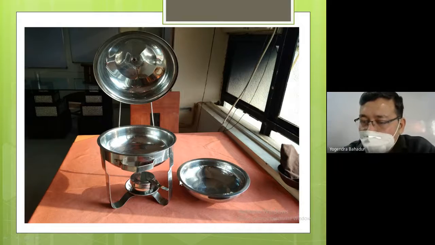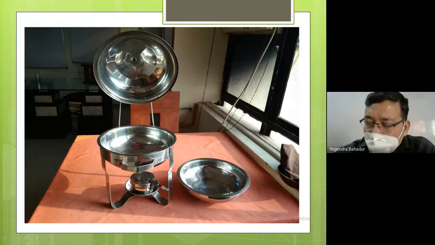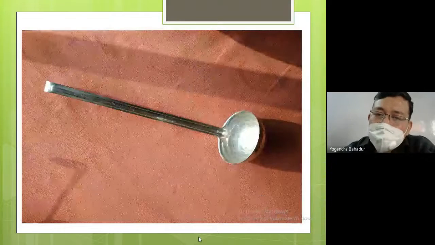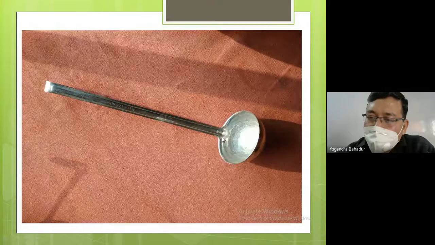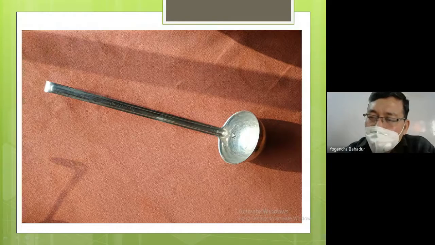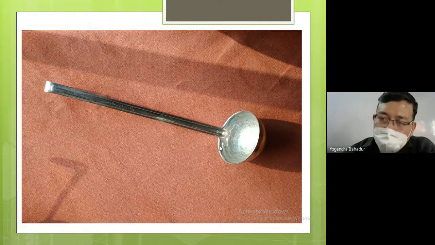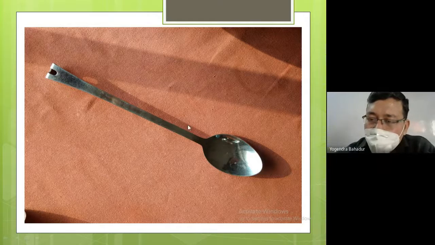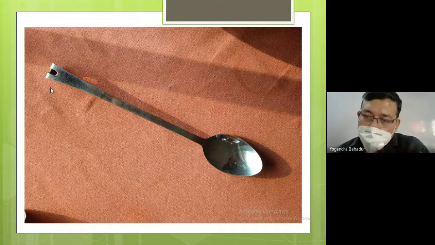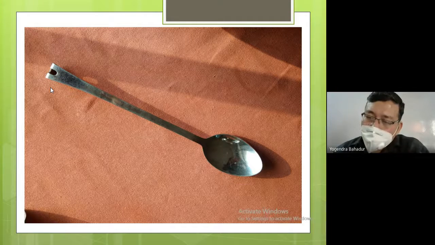So we have the chef and dish in front of us, and we have the fuel container also. We have the food pan also. This food pan is also known as the gastronome pan. This, as you can see from its shape, is hemispherical in shape. It is basically the soup ladle. This ladle is used in order to take out the soup. And this is again a service ladle which is supposed to be given along with the chef and dish. Its name is service ladle. It is used in order to take out the food items from the chef and dish.